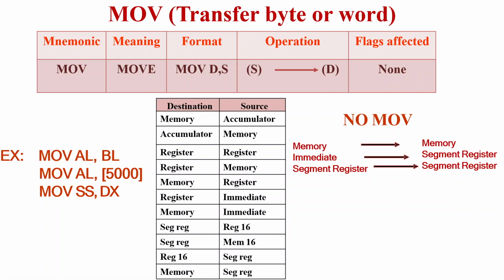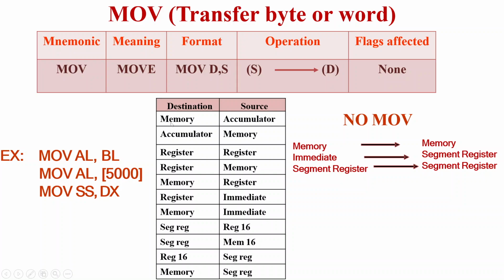As all of us know, we have 9 flags altogether. Examples: MOV AL comma BL, MOV AL comma 5000, MOV SS comma DX. In these instructions, the content of the source will be moved to the destination. The content of BL will be moved to AL. The content of memory location 5000 will be moved to AL, whereas the content of DX will be moved